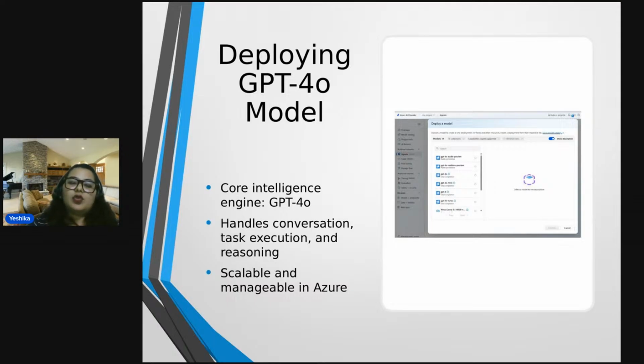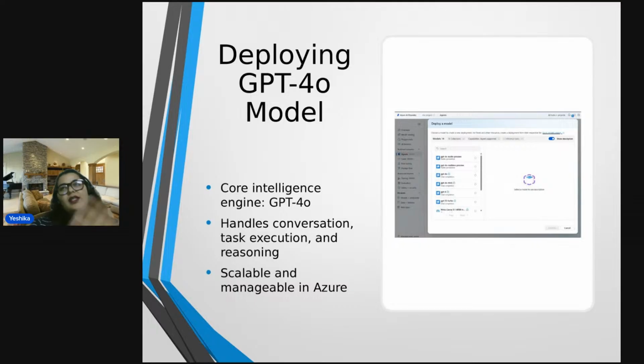And out of those, the prominent and core intelligent engine that we have is the GPT-4o model, the core intelligent engine. It handles the conversations, the task execution, and reasoning.